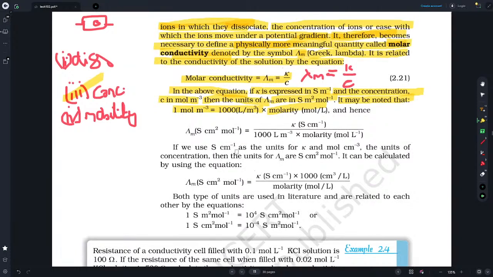If we use Siemens per centimeter as the unit for conductivity and mole per centimeter cube as the units of concentration,